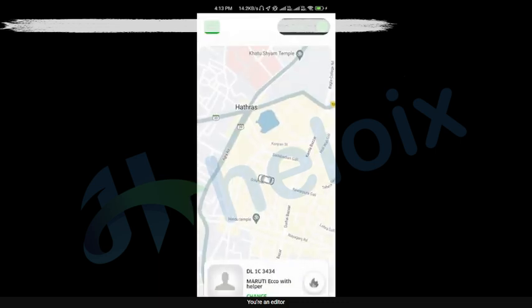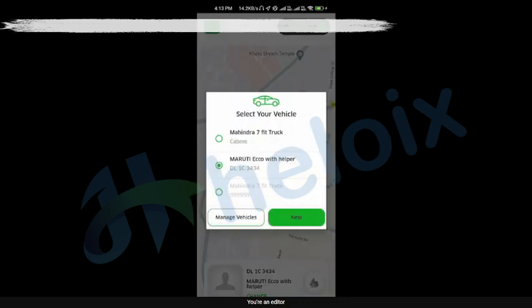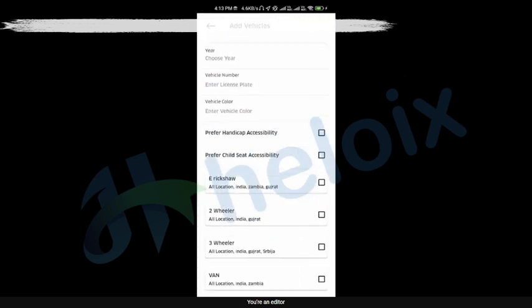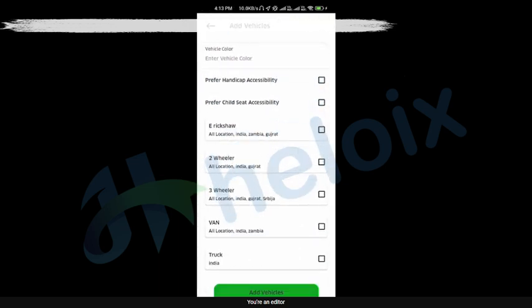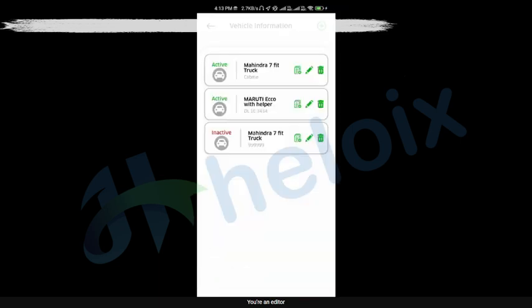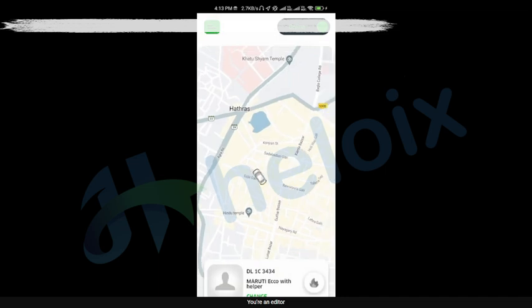After that, see, this is the vehicle. We select any vehicle for live, like currently we are running with Maruti or Mahindra, whichever type of vehicle or truck we are running. If I need to add any vehicle, then I can create or add new vehicles as well.